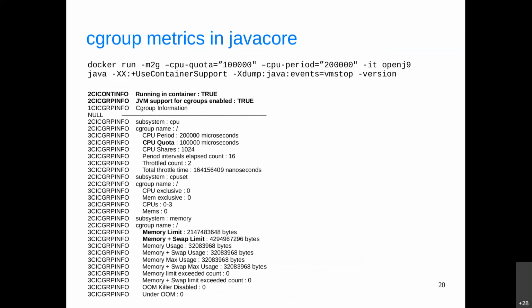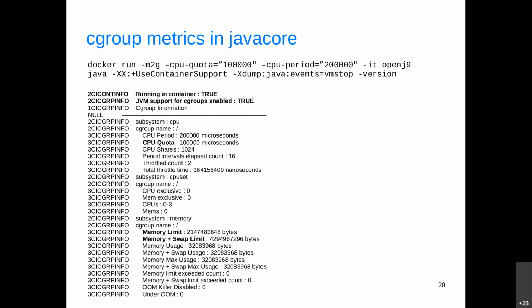So when you are running OpenJ9 and you encounter a problem, it's normal to want to understand the characteristics of the environment where the problem happened. And Javacore is one such debug log that OpenJ9 uses, that captures the state of the environment where the process was running. And since more and more applications are getting deployed in containers, it is natural that we add the information about the container environment in the Javacore.